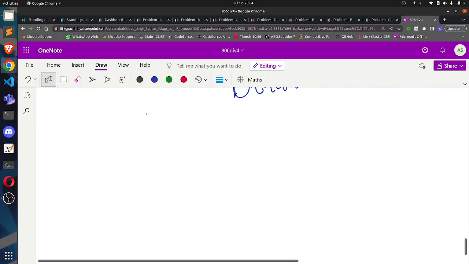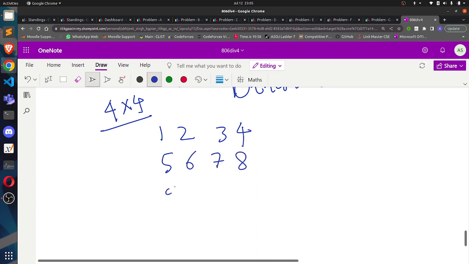I am representing the elements of the matrix by numbers, and I am taking a 4 cross 4 matrix. Initially the matrix was 1, 2, 3, 4, 5, 6, 7, 8, 9, 10, 11, 12, 13, 14, 15, 16. Then after rotating it 90 degree, it becomes